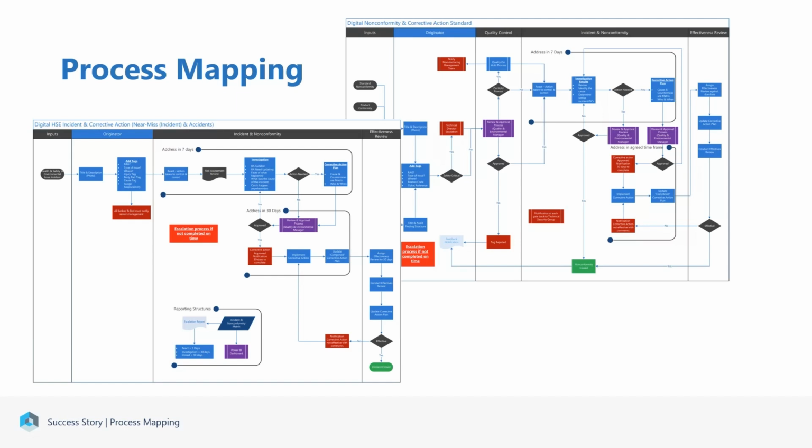So we put together this process because this actually defined all of the background logic in terms of how the application would function and also how the various Power Automate processes would automate these activities moving forward. So we can imagine that when we wrote this process map, the standard process was lots of manual emails, lots of manual paper-based forms being filled in, multiple handoffs, and that all leads to inefficiencies within a business. So we mapped that all out and then defined how the solution could improve upon that.